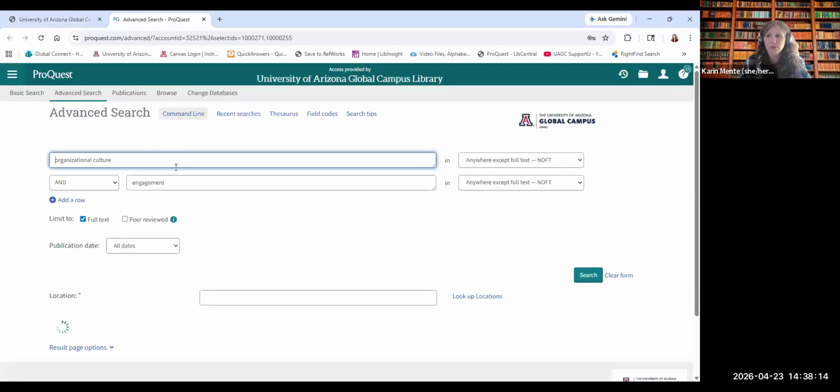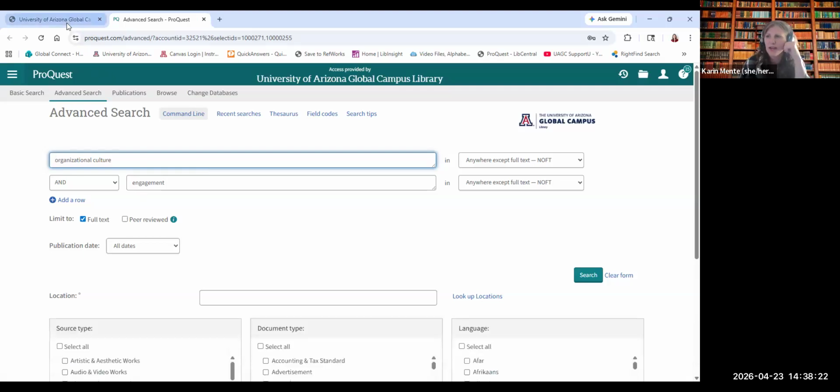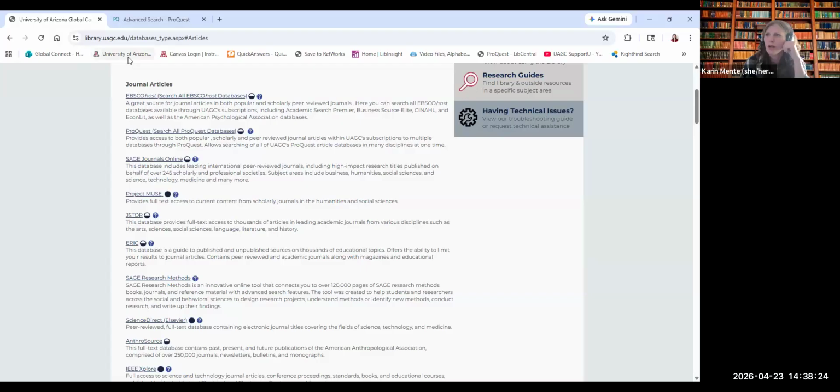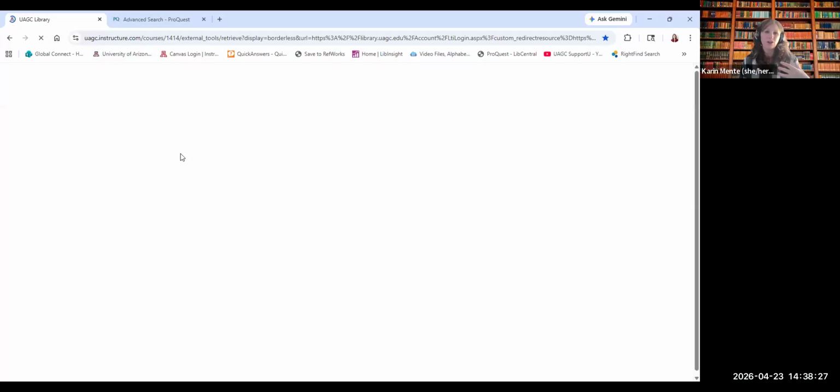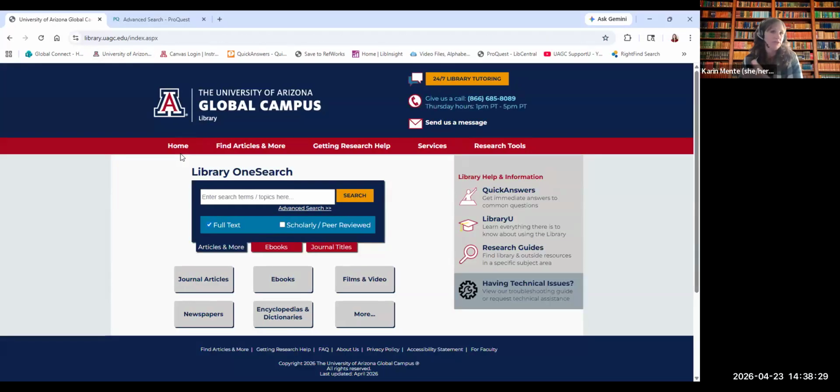So from there, you can jump right into ProQuest. It's even got my search saved in there for me. I love it when it does that. So yeah, hopefully that answers your question. But there will also be times where maybe there's an article linked in your course that's from ProQuest, and you just click on the link and you're right there. So keep that in mind. All right, let's jump back into our slideshow.